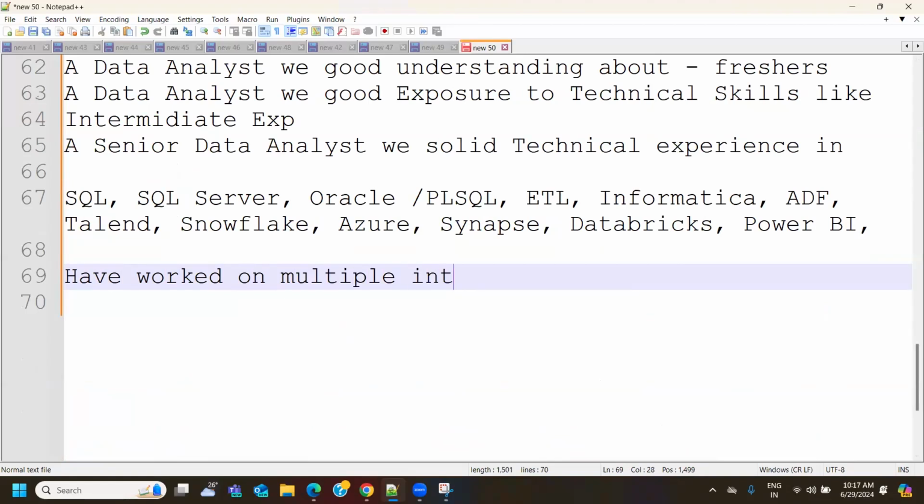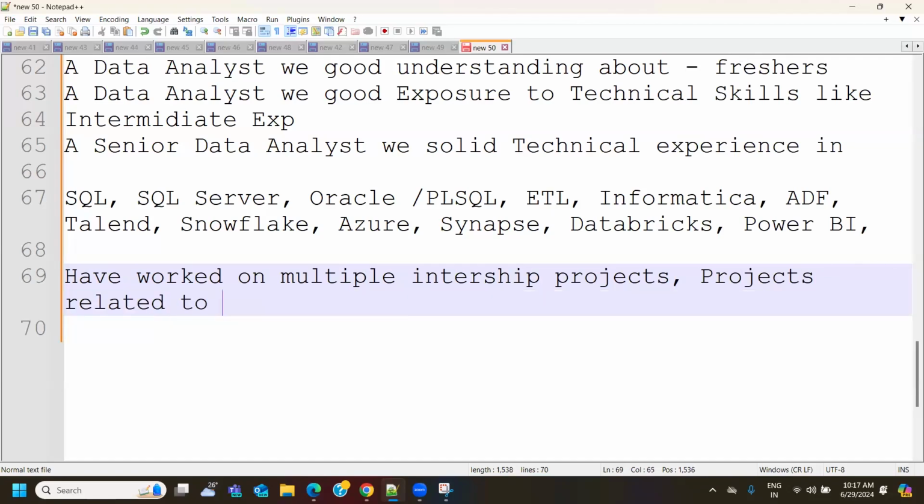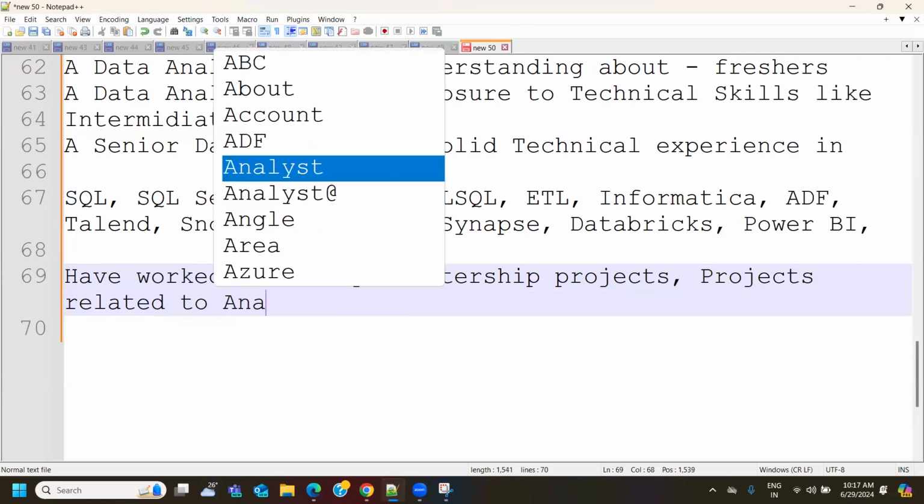So if you have worked on internships, you can mention that too. I've worked on multiple internship projects, and if not internships, I have worked on multiple projects related to, now you are a data analyst, related to analysis,